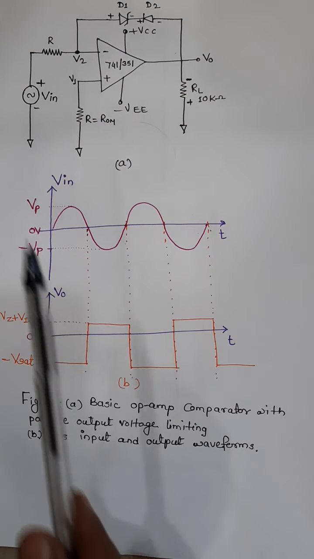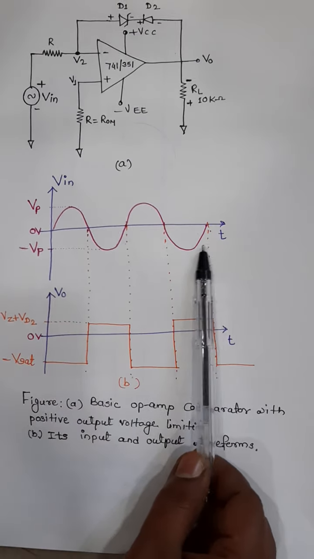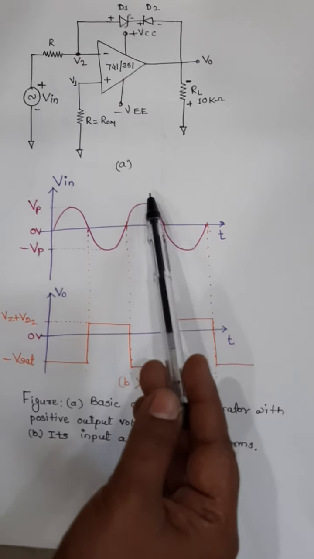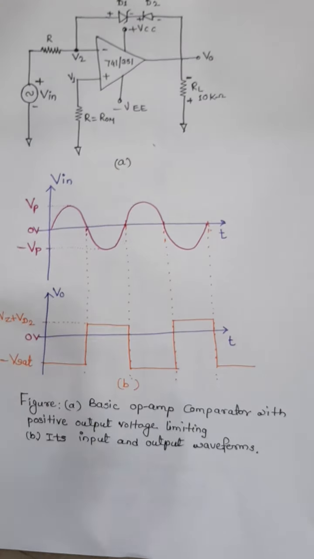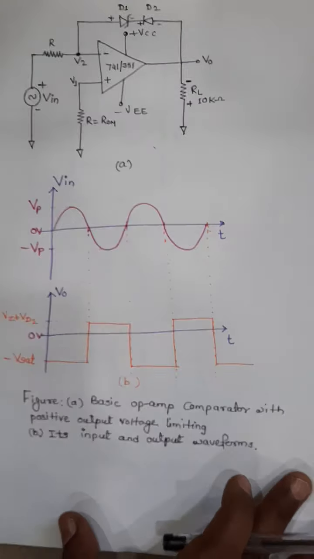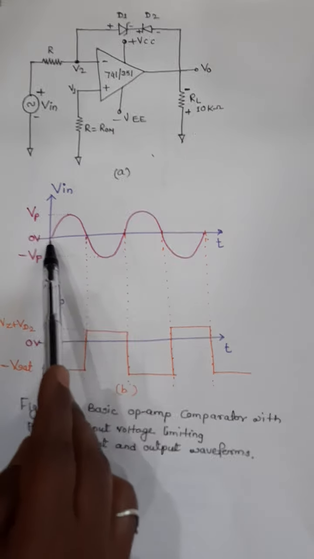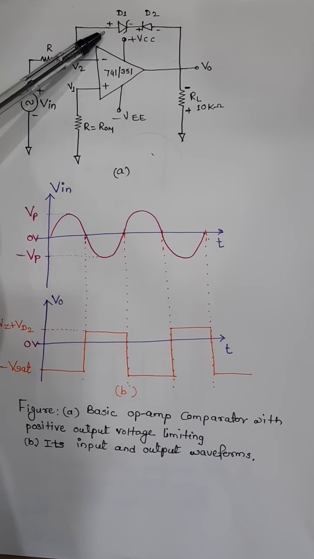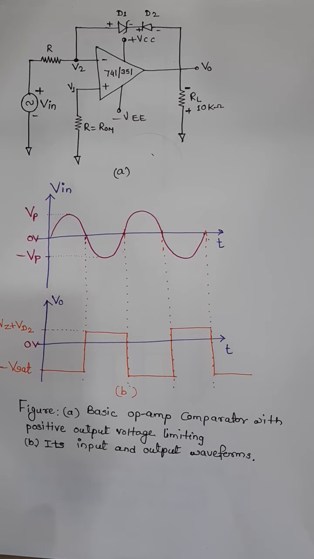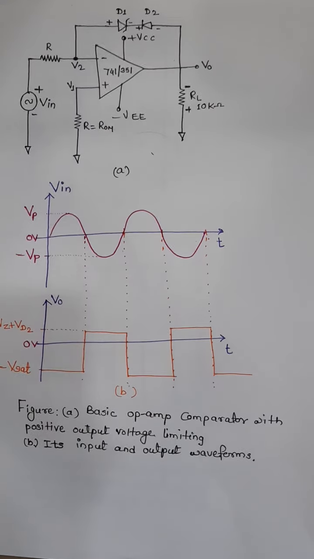voltage. Okay. So consider that initially we are providing a sinusoidal input signal, same arrangement as the previous circuit, only this change will be there. Okay, that is, D2 has been replaced by a rectifier diode. So what happens is now, for the positive half cycle of the input signal, this diode D1 is forward bias and this diode D2 is in reverse bias. Now see here, D1 is forward bias but D2 is in reverse bias.